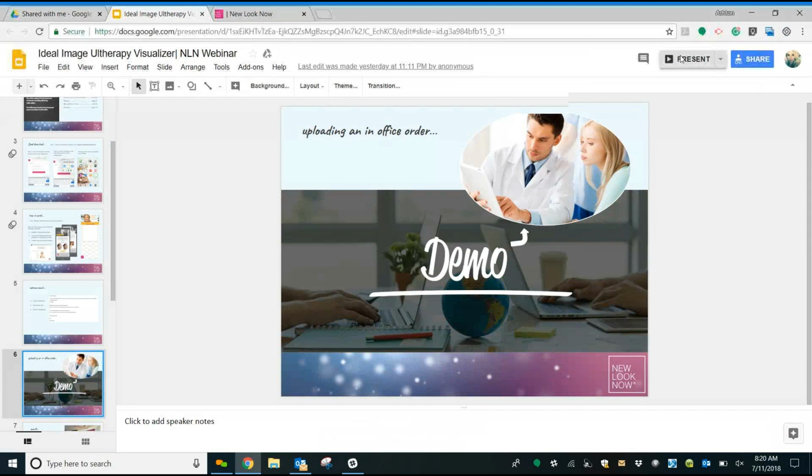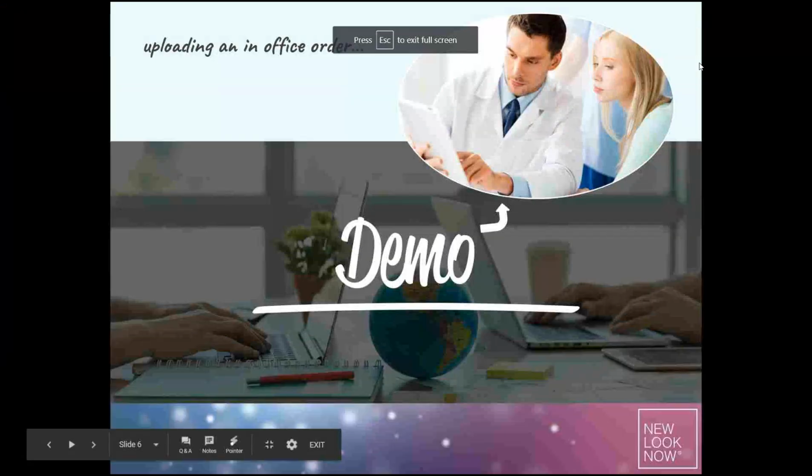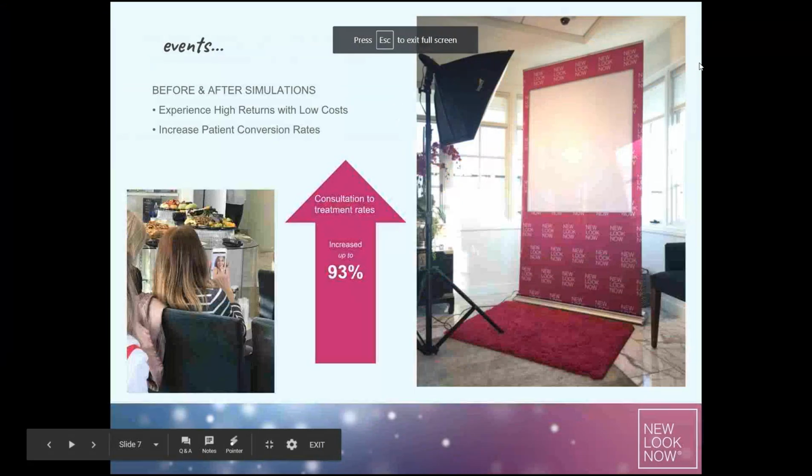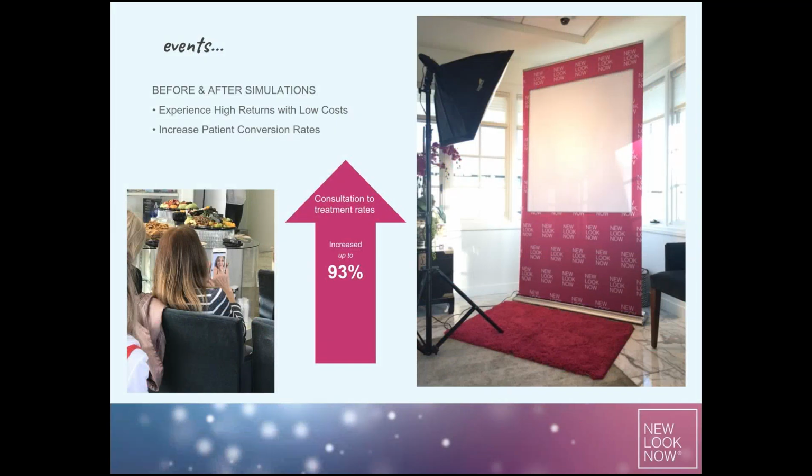So we've seen that practices that offer before and after simulations during events experience high returns with low costs, and also increased patient conversion rates, in most cases up to 93%. So we just want to throw that out there, especially with the Ultherapy Visualizer. This tool is